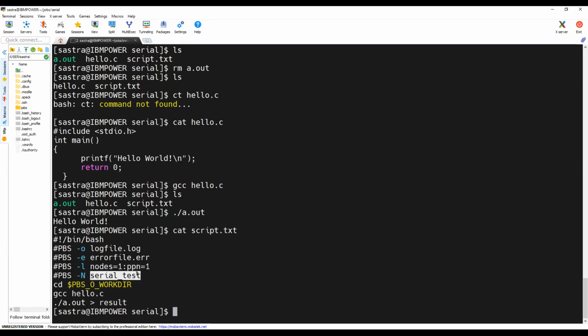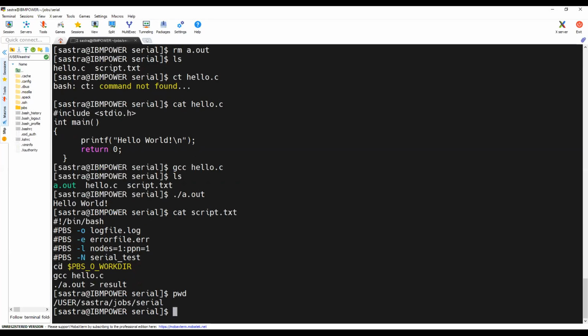This is just the name of the job I am going to run, for my reference. If I am going to run multiple jobs, I will name them accordingly. And this is a PBS directive, a PBS environment variable, which tells the job to go inside this folder and run from there.